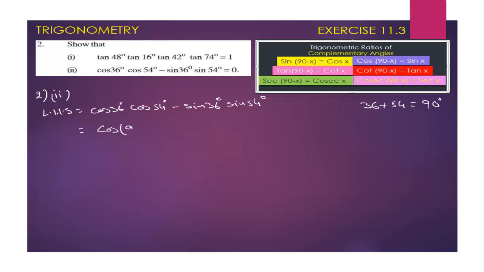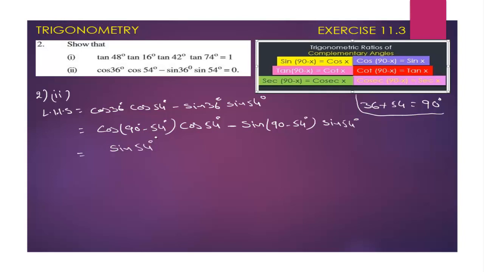that equals, here cos 36 we can write as cos of 90 minus 54 degrees, and here cos 54 as it is, and minus here sin 36 we can write as sin of 90 minus 54 into sin 54 degrees. Here cos of 90 minus x we can write as sin x, that is sin 54 degrees. Here 54 is x, into cos 54 degrees minus here sin of 90 minus x. This sin of 90 minus x we can write as cos x, that is cos 54 into sin 54,